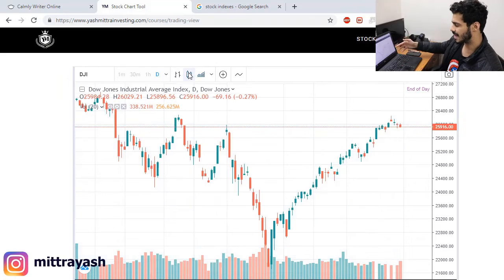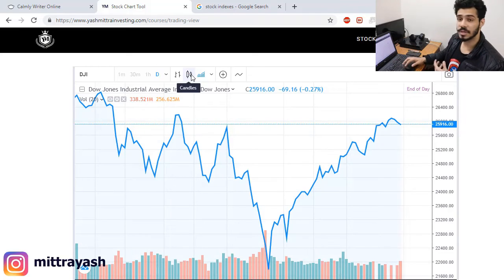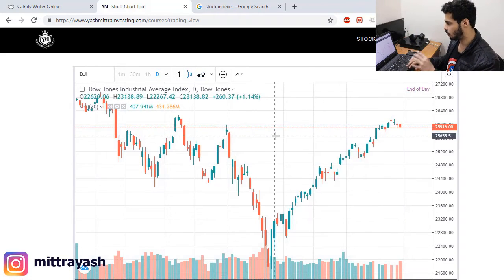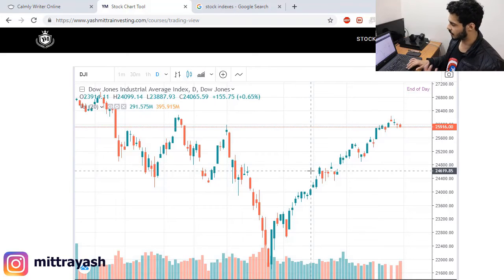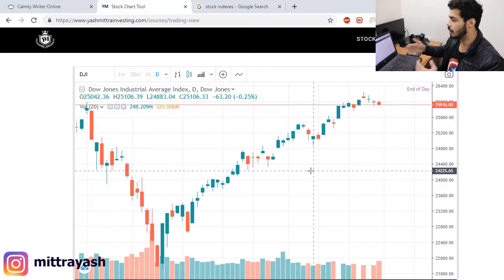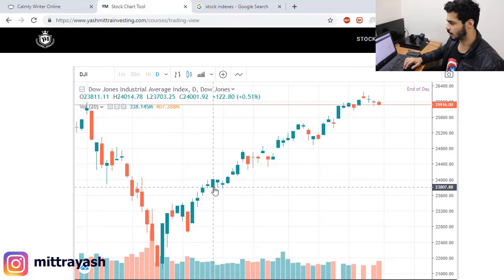Again, if you do not understand this candlestick chart, it tells a lot more about the graph than this one, which doesn't really have so much information. But in case you want to understand this, I'll be making next videos on this, and we'll be talking in detail about this. Really, this is a lot more important than you realize right now, but it's something that we'll cover in the little more advanced section. I think it's 1 or 2 more videos later.